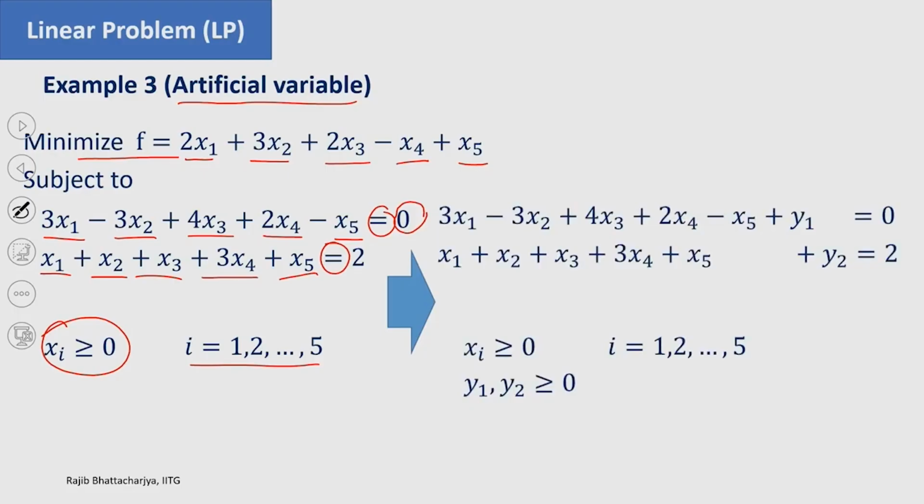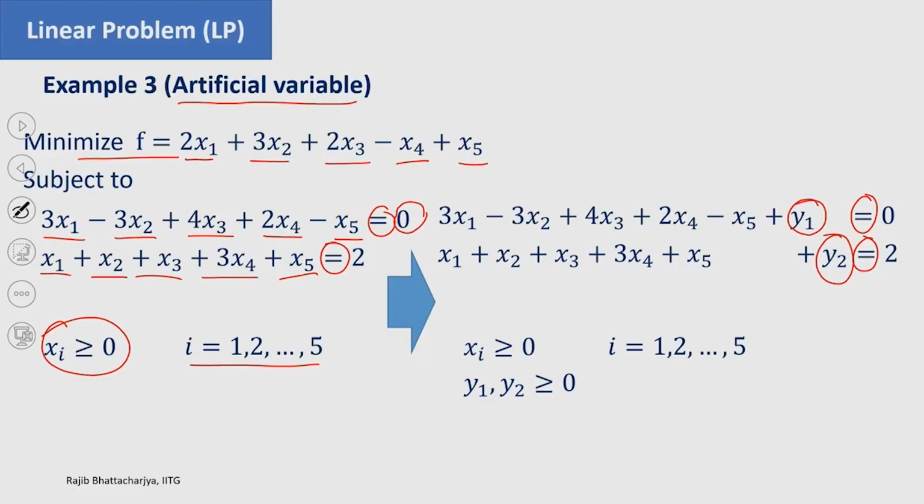Now, the question is that I have to make it standard form. So, already this is an equality sign, but what I need is the initial basic feasible solution. So, what is an initial basic feasible solution? For a particular constraint there must be a variable whose coefficient is 1 for that constraint and 0 for the other constraint. So, in order to do that, we have to add two variables y1 and